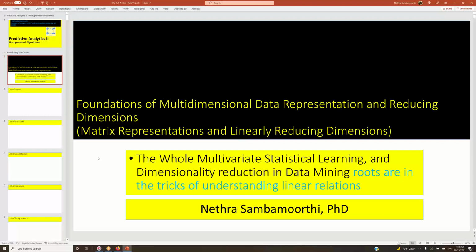In this course, what we want to do is, when we don't have the outcome variable, when we don't have the dependent variable, both mean the same thing, how can we do analytics? Because sometimes we don't know what the dependent variable is. We just have a blob of data. That means just a collection of